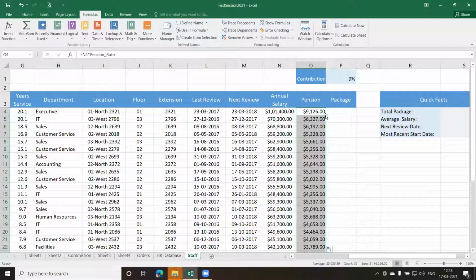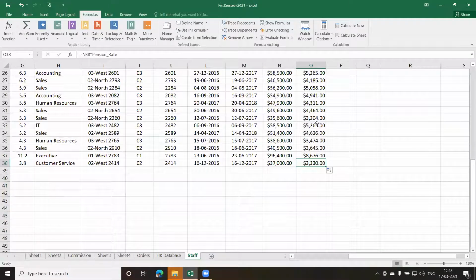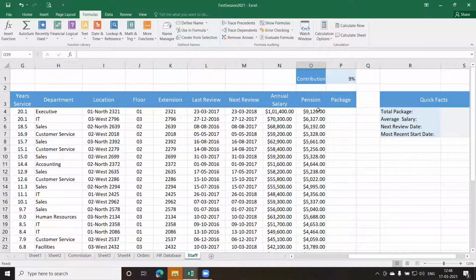No need to do anything else because pension rate is the name of the cell, so wherever I go, I get the name of the cell. So what I've done, instead of using the $ sign in the referencing, is convert this cell name to some other name, and I can use that in the formulas which I'm giving.